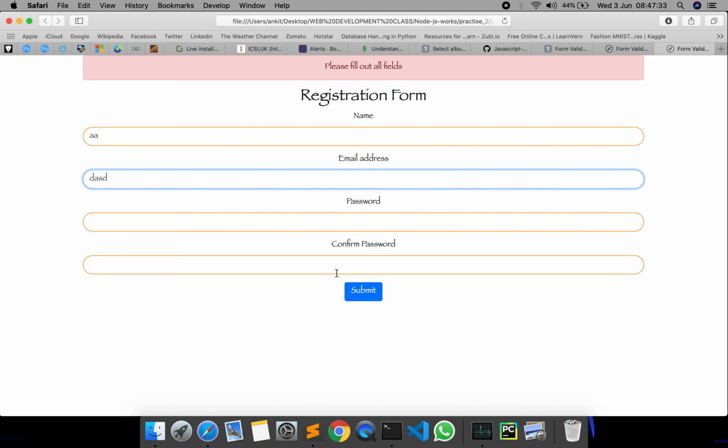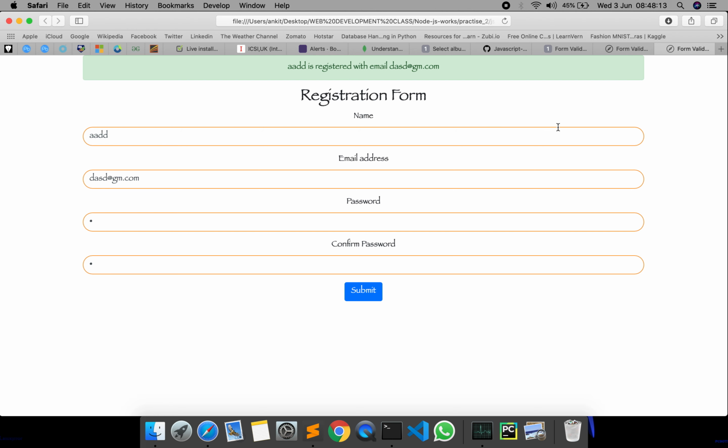Okay, so first condition, if I leave everything blank, please fill out all the fields. Next, I will be providing some default data. Name must be 3 characters. Second condition, done. So name done. Please use a valid mail ID. So @gm.com. Okay, next is the password field. Password do not match. So now AADD is registered with something @gm.com.